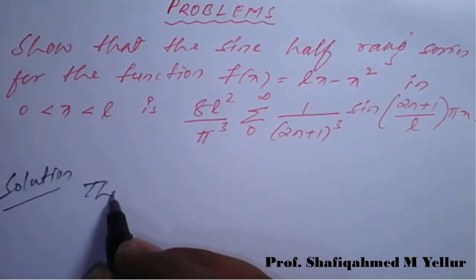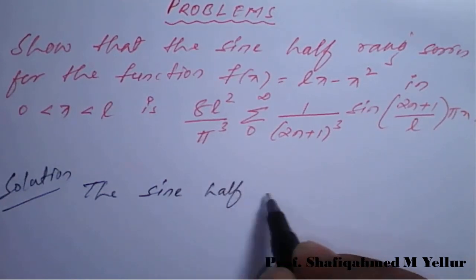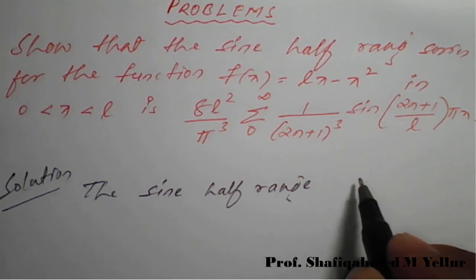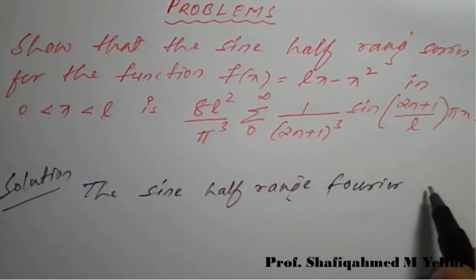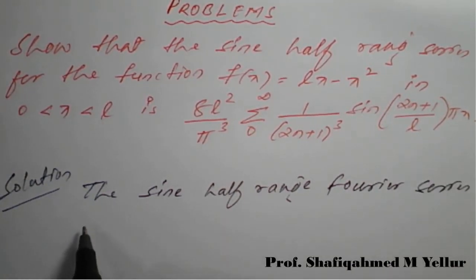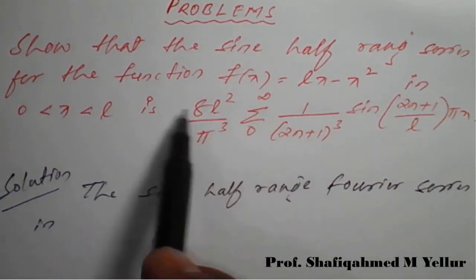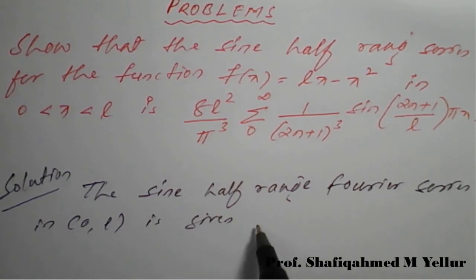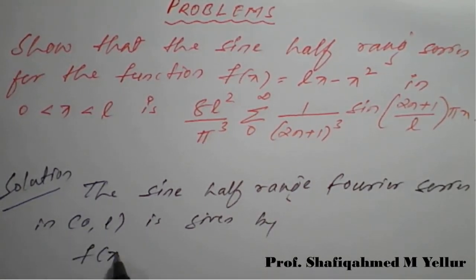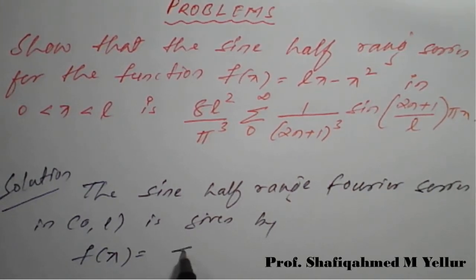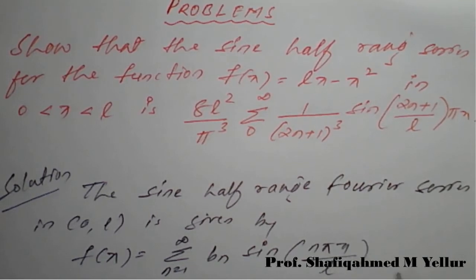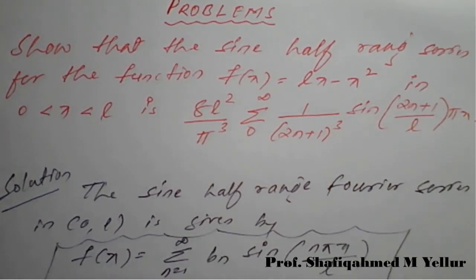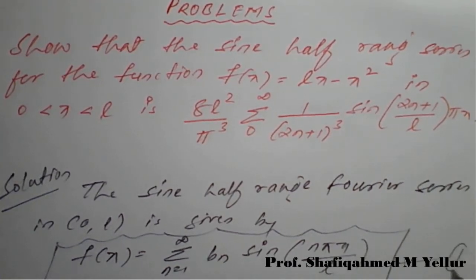The sine half range Fourier series is a half-range Fourier series, because this is in terms of 0 to L, meaning arbitrary, that is 0 to L, is given by f of x is equal to summation n from 1 to infinity bn into sine of n pi x upon L, is the sine half range Fourier series. I will give equation number 1,